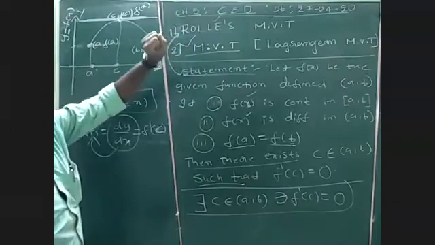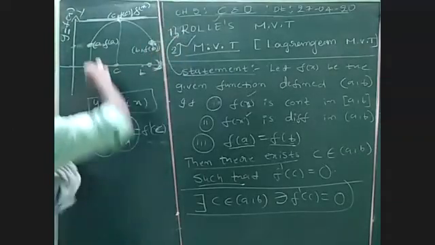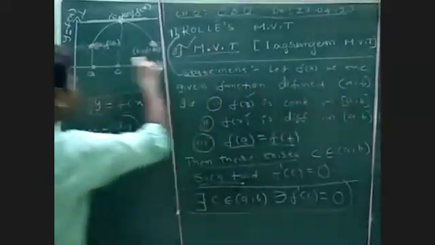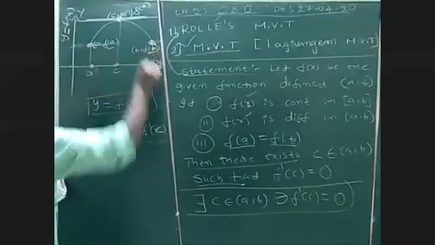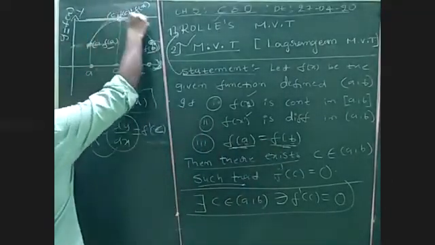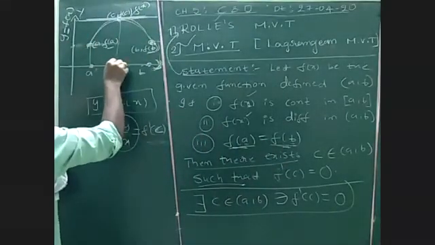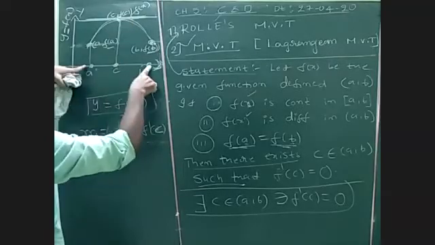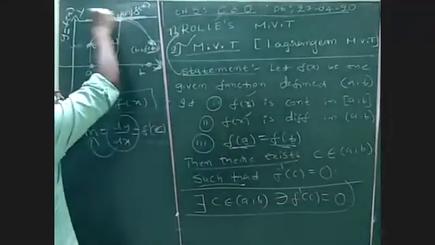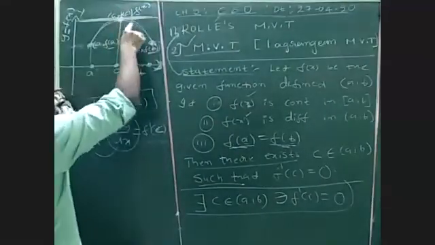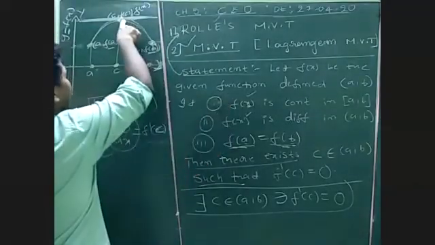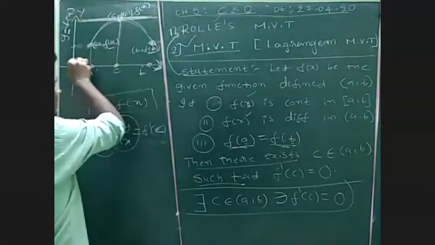In Rolle's theorem, what is the graph? This is the graph. A and B are the given interval. The corresponding y values are f of a and f of b. If I draw any curve here, there exists a point C between A and B, C belongs to (a, b). At that point, if I draw a tangent, the line meets the curve at only one point. That is called the tangent. The tangent is always parallel to the x-axis.